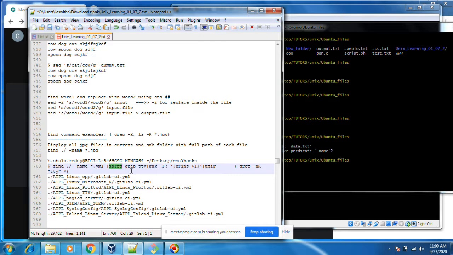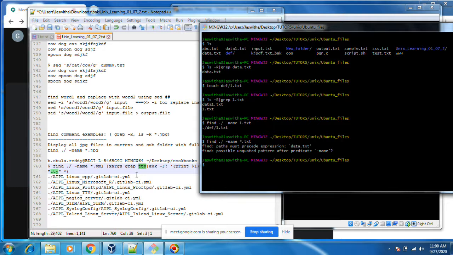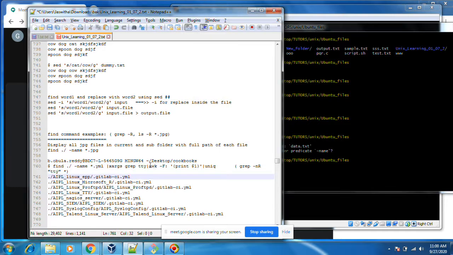Whatever files are present, the file contents should have TTY, and then awk -F print $1 and then unique.